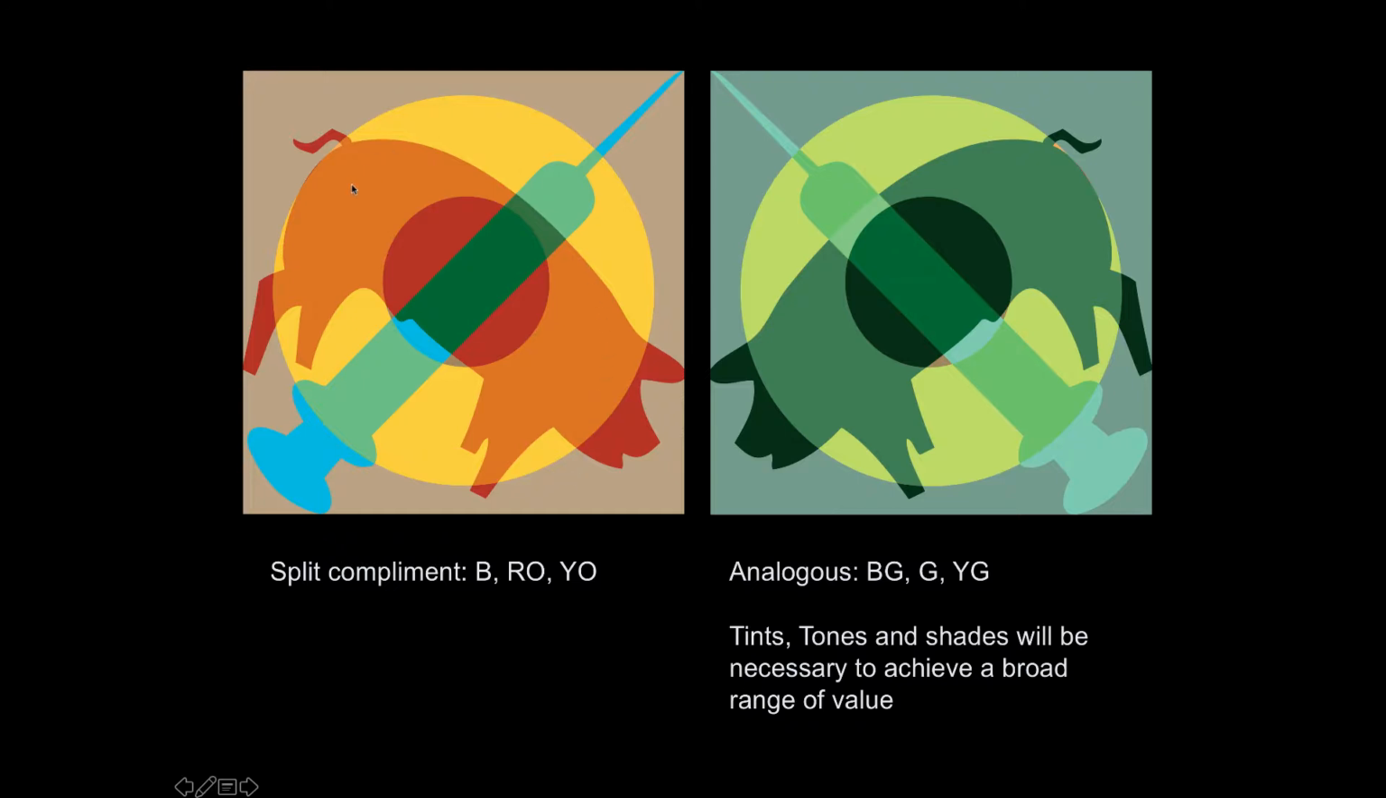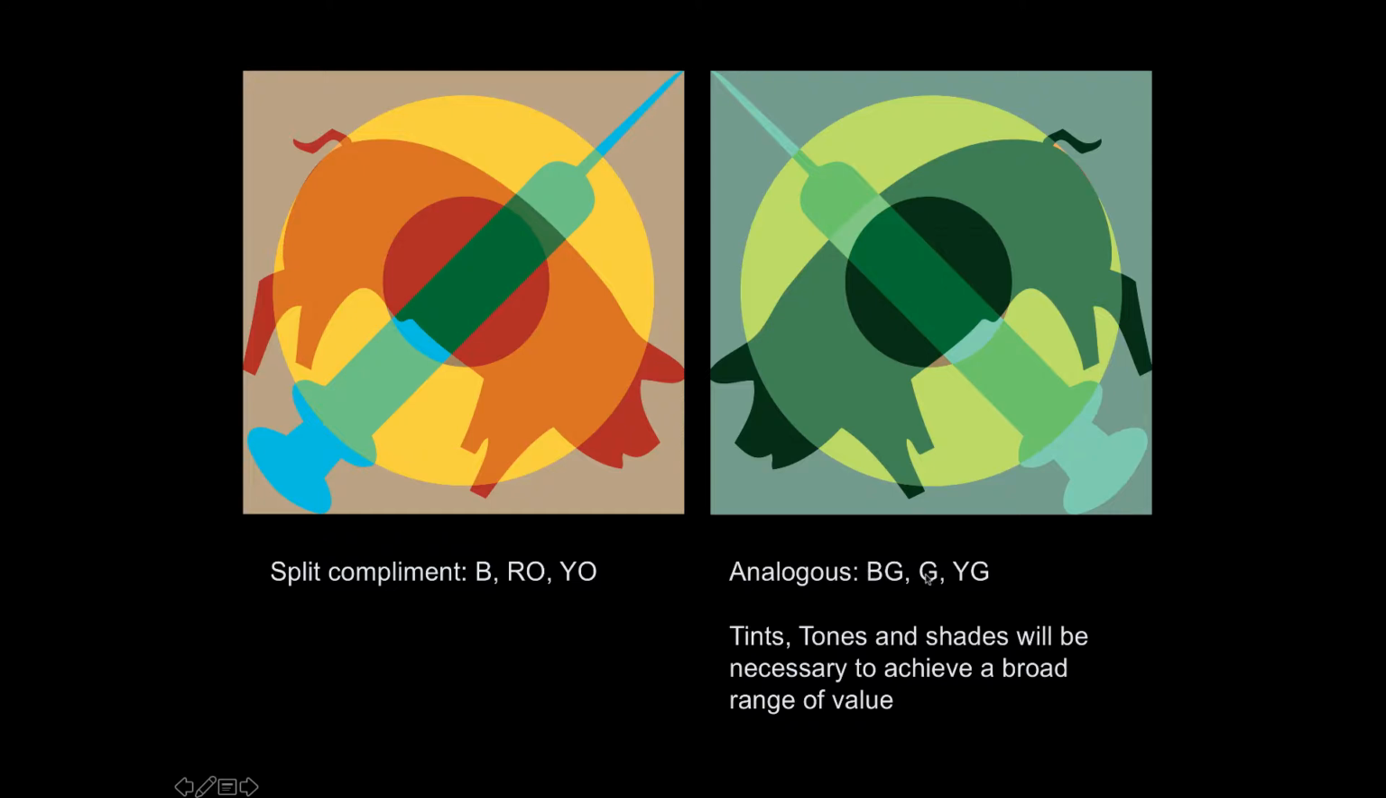Now, the split complements, you could get away with using the hues at their prismatic. But when we start working with the analogous hues, they're going to be so close together in hue that we absolutely have to spread their value out by creating tints, tones, and shades. So here